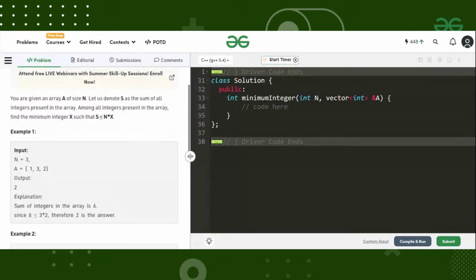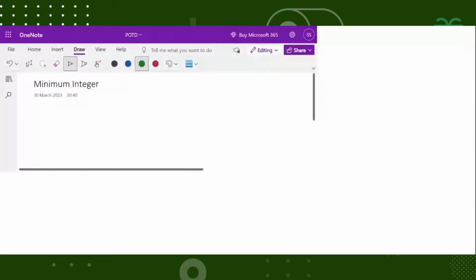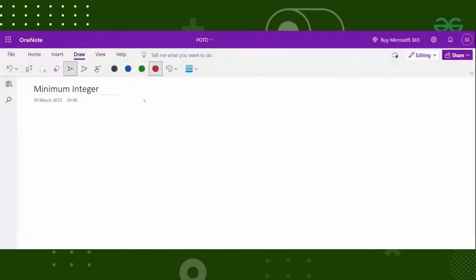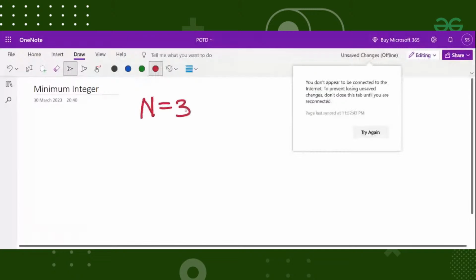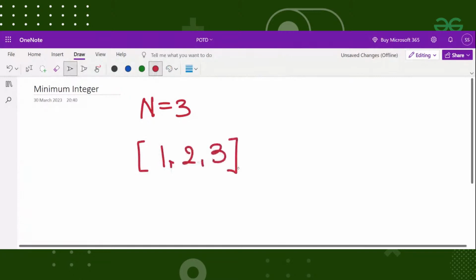Now let us try to understand with an example. In the example, the n that is given to us is 3, and the array that is given to us is 1, 2, 3. Now, what is the sum of the array that we have? The sum is 6, right? All right.